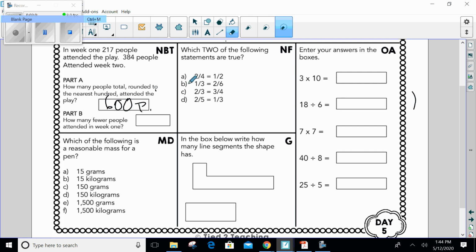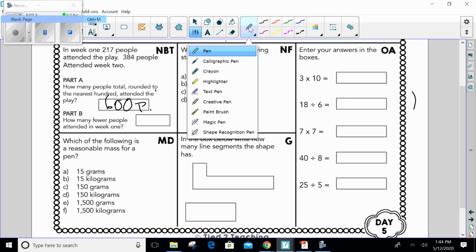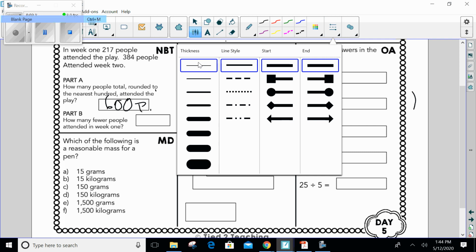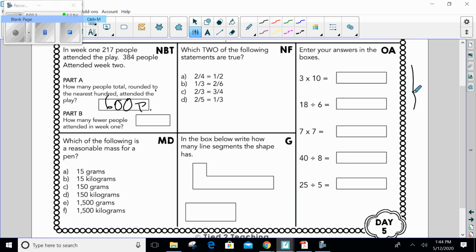because I don't have room. Okay, now, part B. How many fewer people attended in week 1? Now, ladies and gentlemen, it doesn't say whether to use the rounded numbers or not. So you could do it either way. But what I want you to think about is I want you to go ahead and use the actual numbers because I want you to see something. Now I'm going to put it over here. I'm going to erase it, but